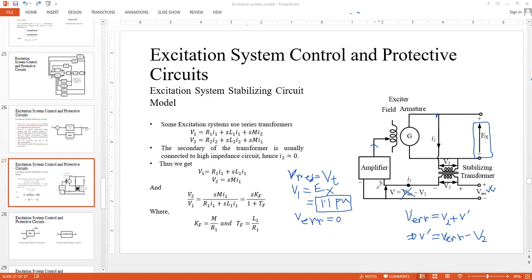If there is any non-zero value here, that would be amplified, isn't it? Yes, sir. And amplification here means you would have more current through the field coils. If you have more current through the field coils, that should increase your EX, isn't it? Yes, sir. Now the question is, if there is no error,